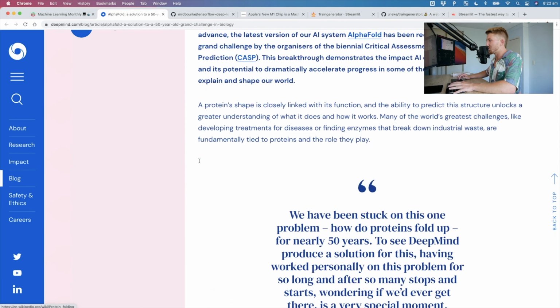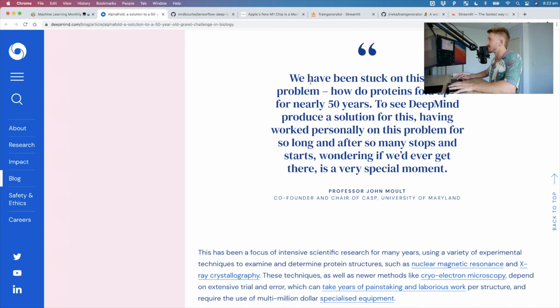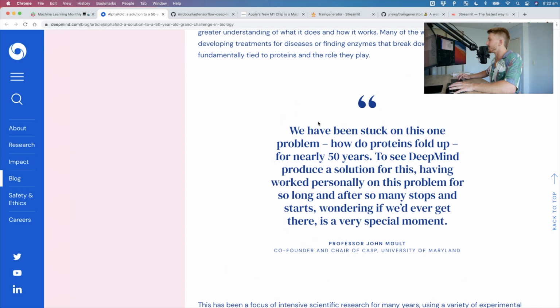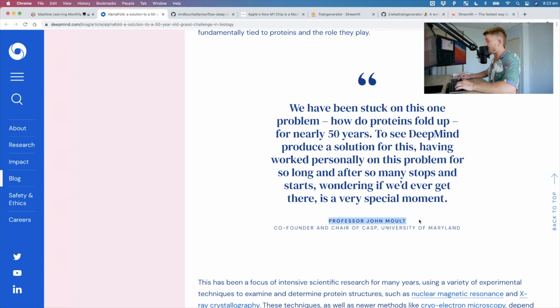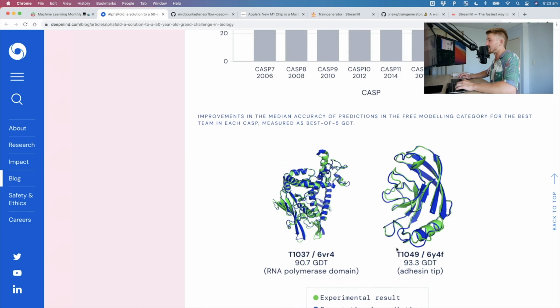So long story short, how do we describe this? There was a hard problem in biology. "We have been stuck on this one problem, how do proteins fold up, for nearly 50 years. To see DeepMind produce a solution like this, having worked personally on this problem for so long and after so many stops and starts, wondering if we'd ever get there, this is a very special moment." So this is Professor John Moult, a professor at the University of Maryland, very smart gentleman, saying that basically,